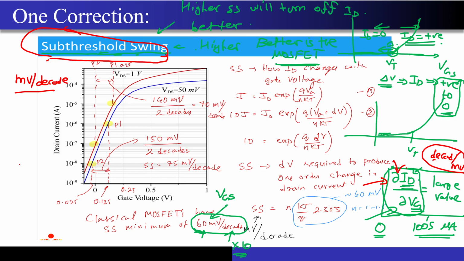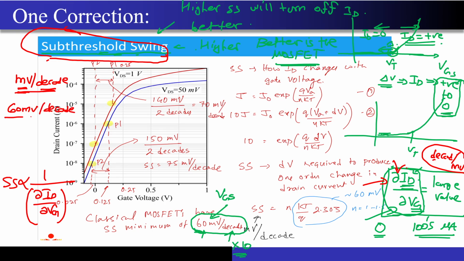So the subthreshold swing is actually inversely proportional to the formula that I had derived, ∂ID/∂VG. Please make this correction or else you will get all your answers wrong. What does this actually mean? How many millivolts of change in the gate voltage of the MOSFET will result in a decade change in the current? We already know this value; it is somewhere close to 60 millivolt per decade.